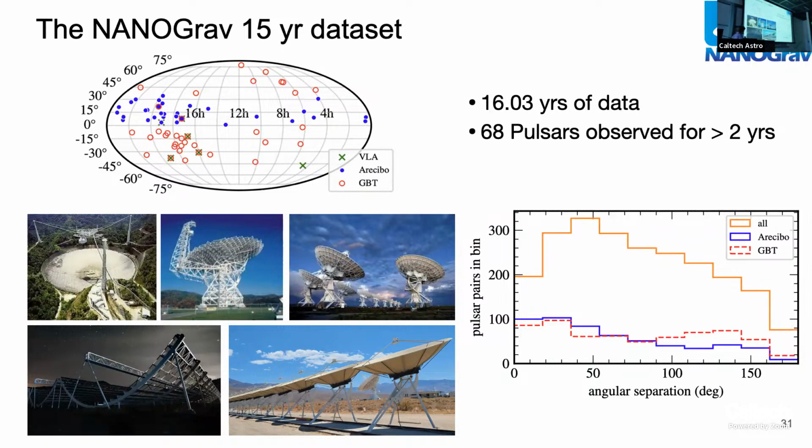Since one of the things that we're interested in is the angular separation between pulsars, if we look at the distribution of how different pairs of pulsars are distributed as a function of angular separation, we see that we get pretty good sky coverage in terms of these angular separations. Maybe we would like a few more that are separated by 180 degrees. But for the most part, we're getting quite a few pairs of pulsars across here. We've got Arecibo, Green Bank, and VLA, which made the measurements that go into the 15-year data set. In the future, we'll include CHIME data, and hopefully in the future, we'll also have DSA 2000 as well.